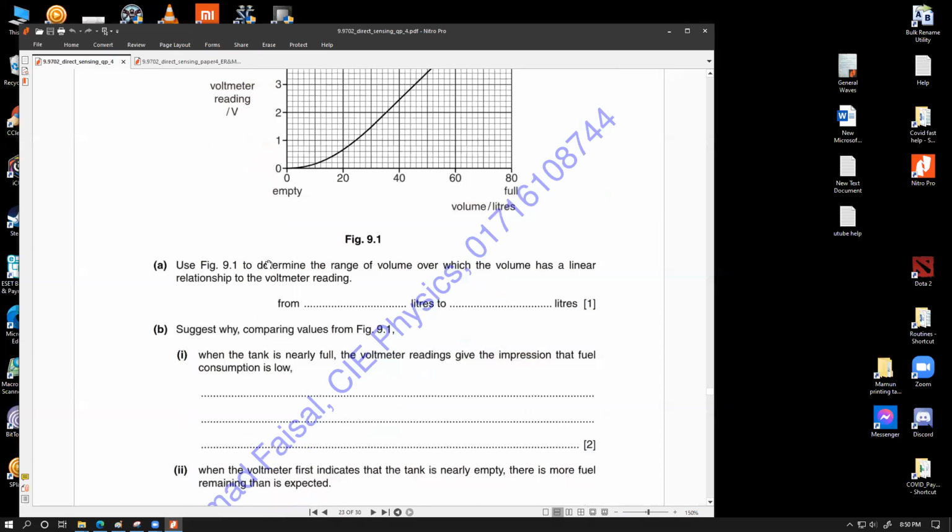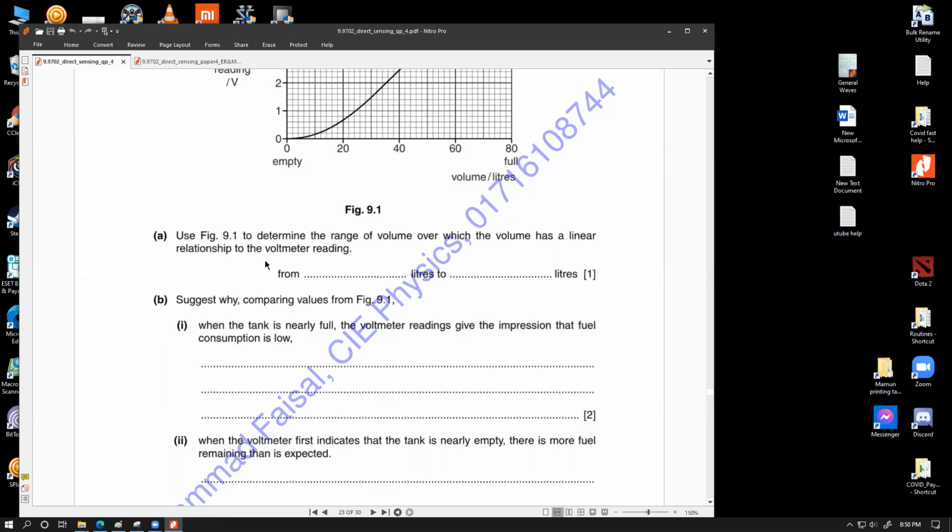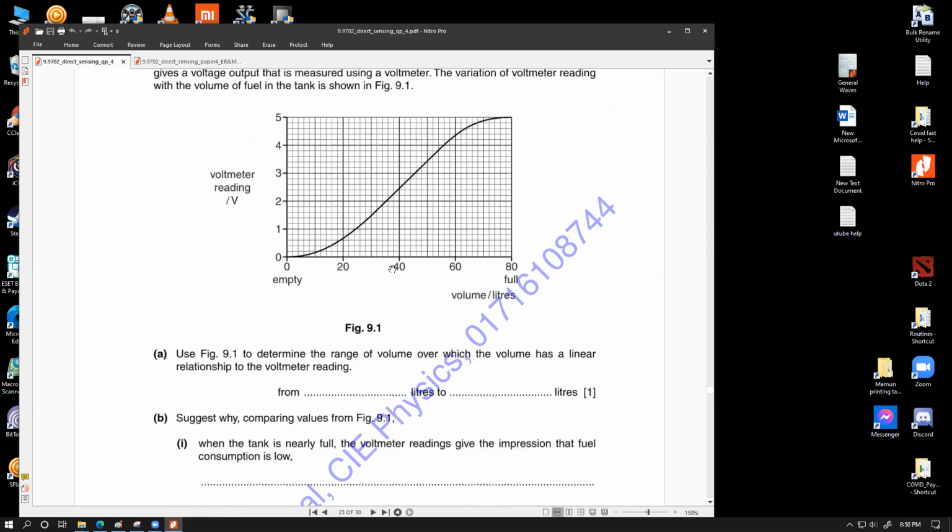B1 says: suggest why, comparing values from figure number 1 when the tank is nearly full, the volumetric reading gives the impression that the fuel consumption is low. Oh, this is because the tank is nearly full. So let's consider, let's say, 80. Okay? You can see that from 80 liters through